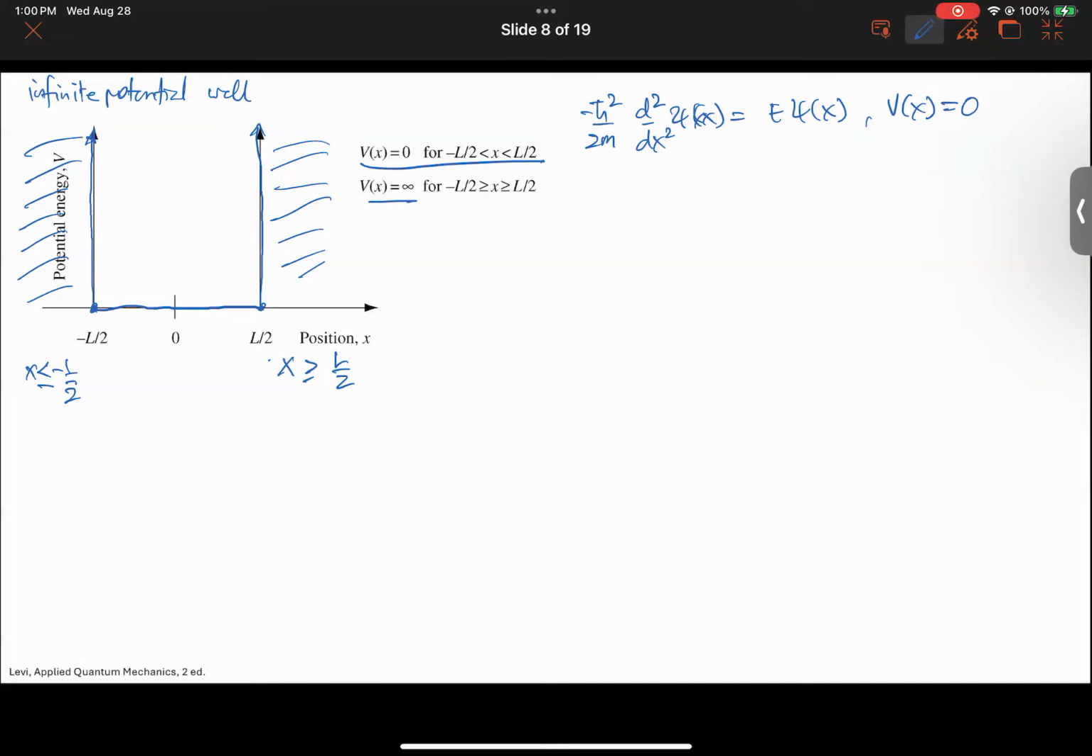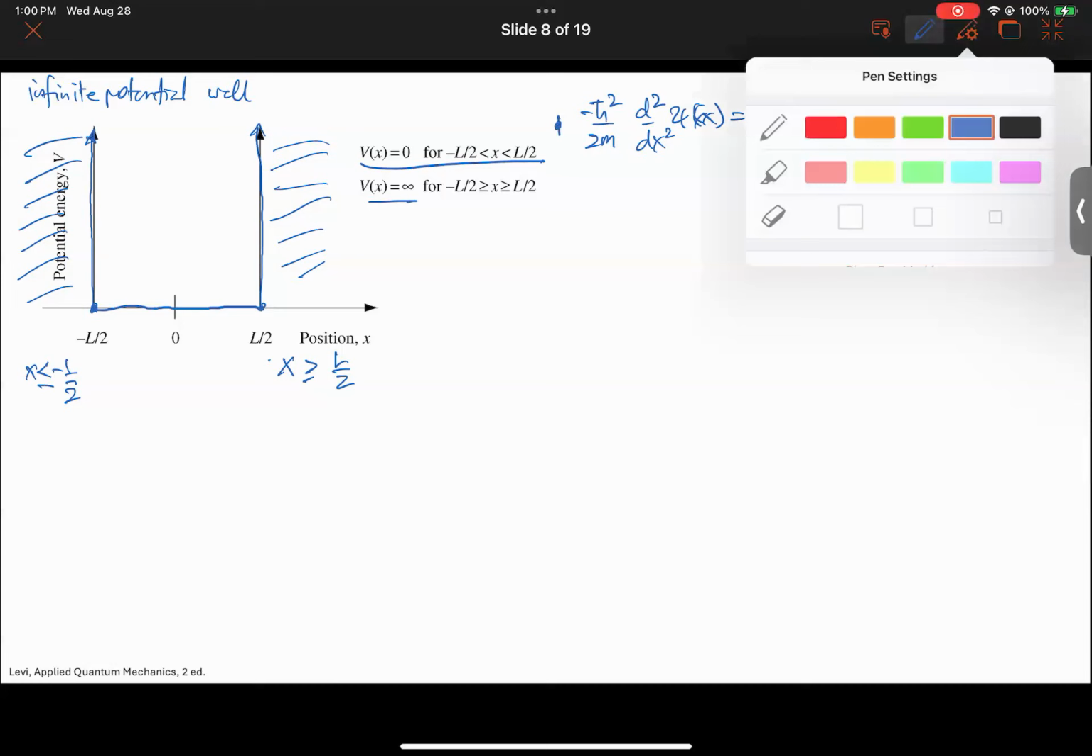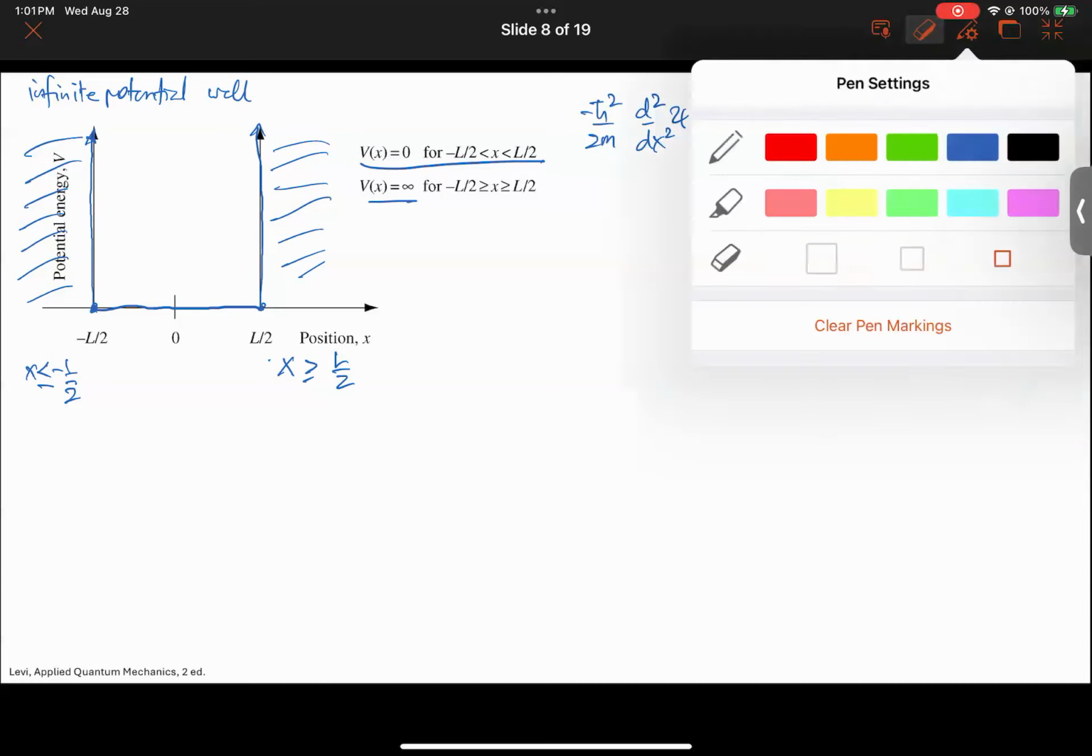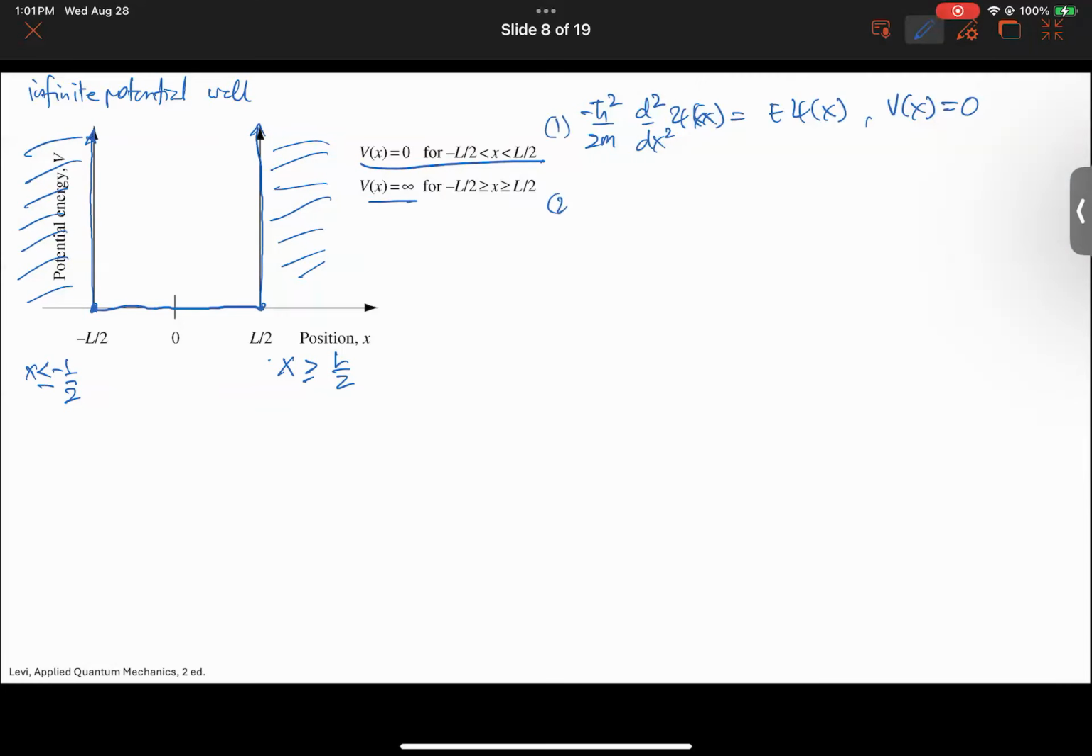Okay. Now we have this Schrödinger equation for the infinitesimal potential. The next step, of course, is to write the boundary conditions. So at x equals negative L over 2, the particle does not exist. So in other words, psi of x at x equals negative L over 2 will be equal to